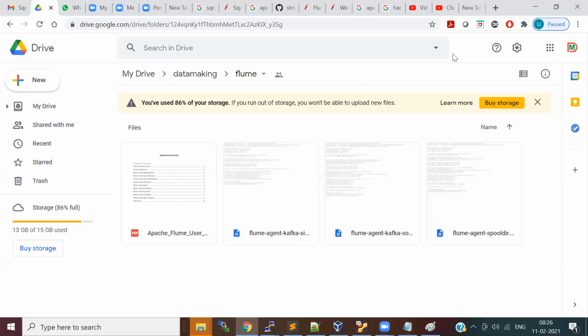Tomorrow we'll start the other component, which is Oozie. Once we complete Oozie, we'll focus on a small use case. And next week, I think Monday, which is your Sunday evening, we'll start the PySpark one. Okay, fine, sure.